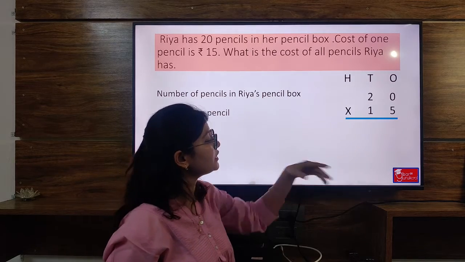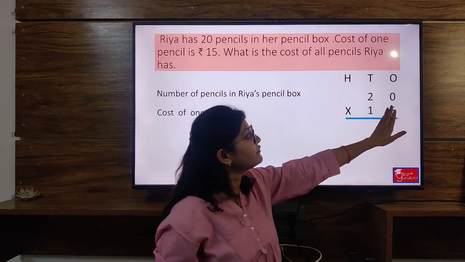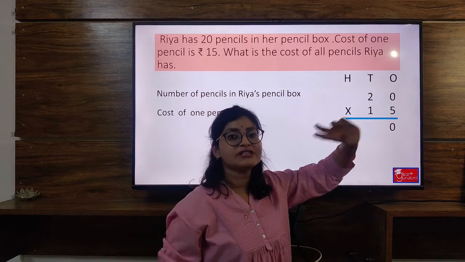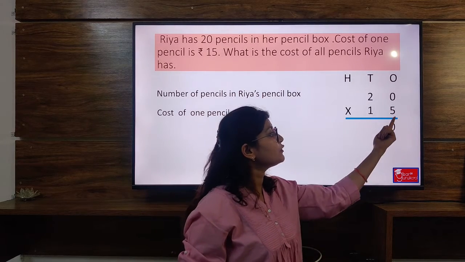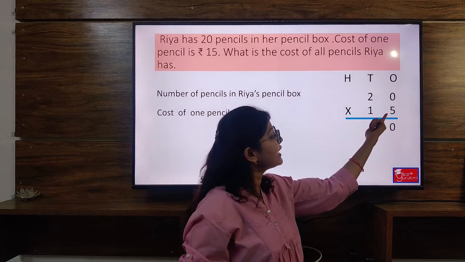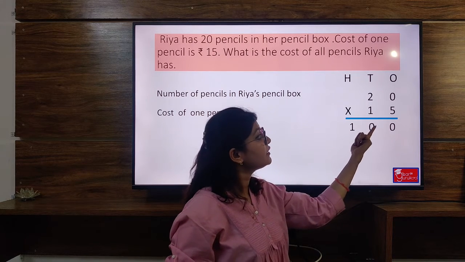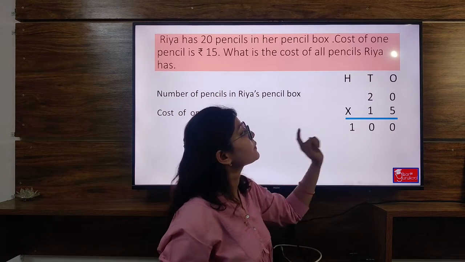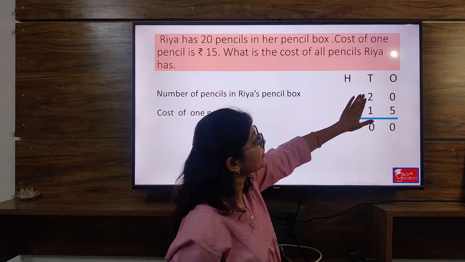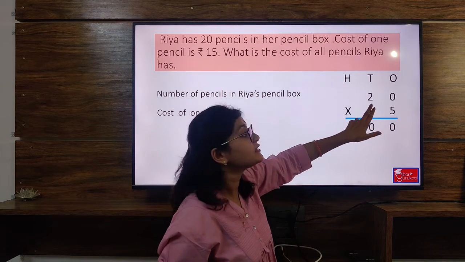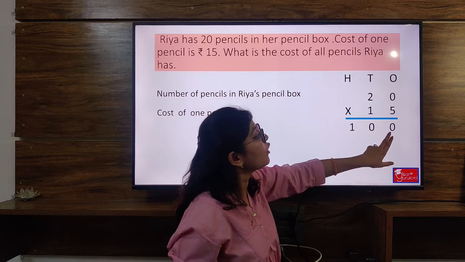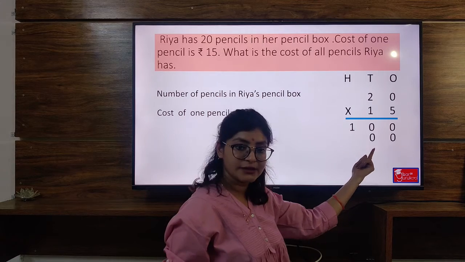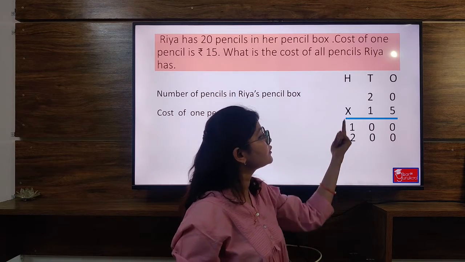Sign of multiplication. Now, let's multiply. First, we will multiply the numbers at ones place. So, 5 zeros are 0, because if we multiply any number with 0, the answer is always 0. Now 5 2s are 10. In this 10, 0 will come in tens place and 1 will go at hundreds place. Now again, it's time to multiply 20 with this 1. But this 1 is at tens place. So we'll already place a 0 here. Okay. Now 1 zeros are 0 and 1 2s are 2.